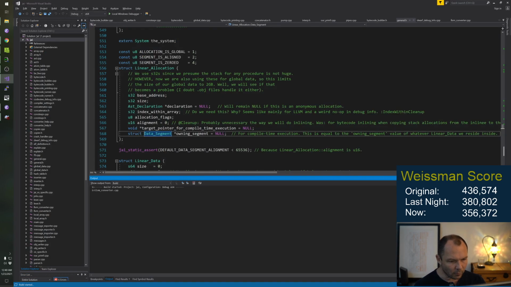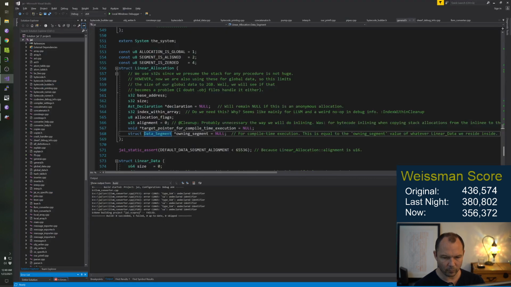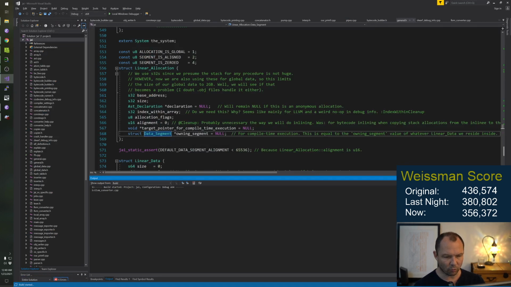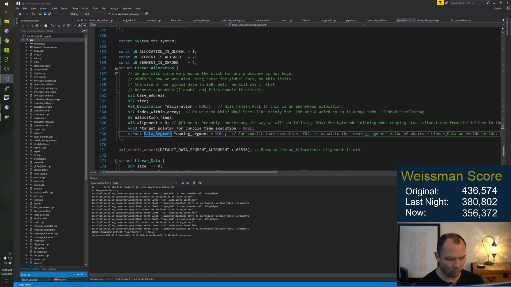Is that? Yeah. LLVM: there are no extraneous zero indices in get element pointer.